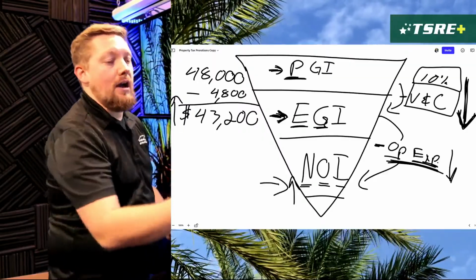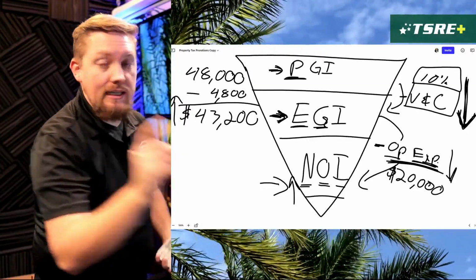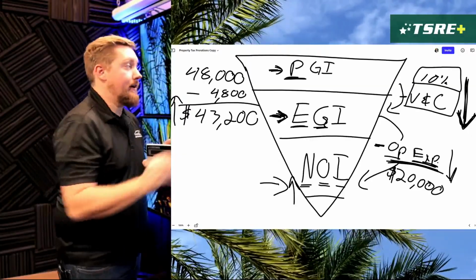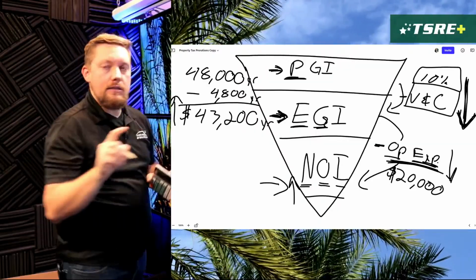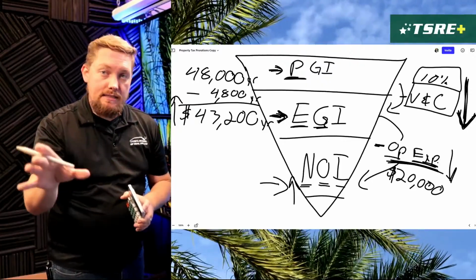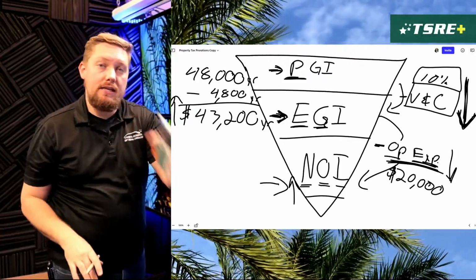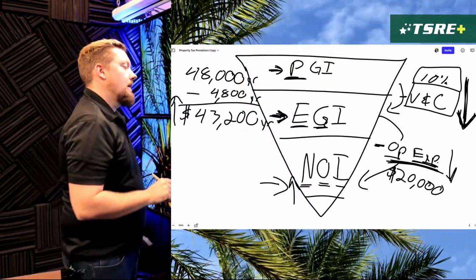Because let's say this property took $20,000 a year. Remember, we're dealing in annual numbers here. So very important that you remember this is a year, this is a year, this is a year. Don't change up month to year, because that's how the exam might give you the information. They might give it to you as a month, but you need it as a year. So pay attention to that.